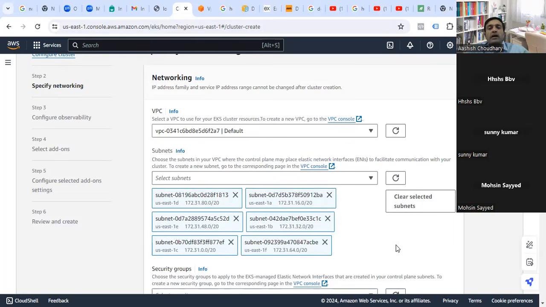These subnets are of two types: one is a public subnet and one is a private subnet. A public subnet is one that is attached to an internet gateway. This concept remains the same for all cloud services. If you are using RDS, EC2, Lambda or anything, you need to understand the concept of VPC and subnets, because there are some rules which are applicable